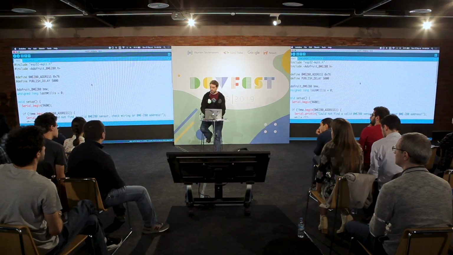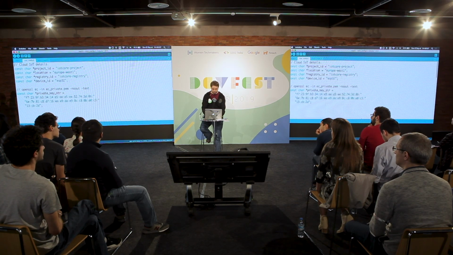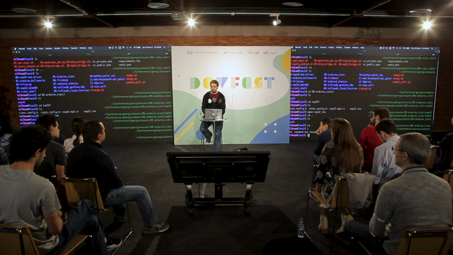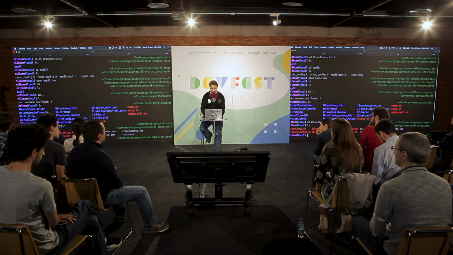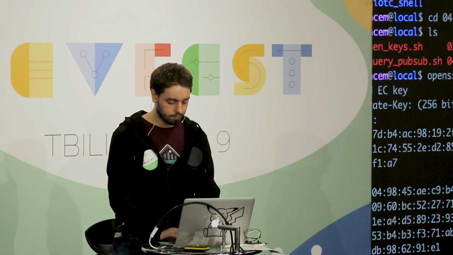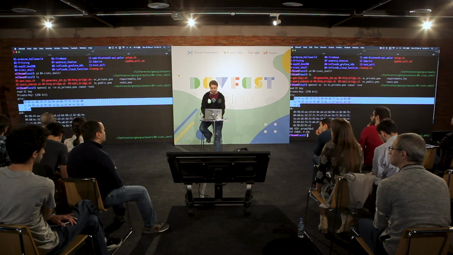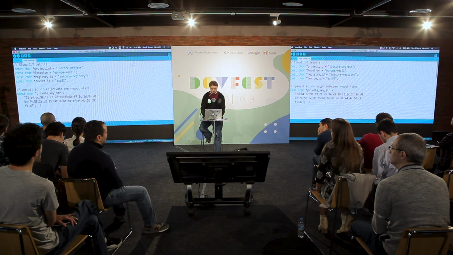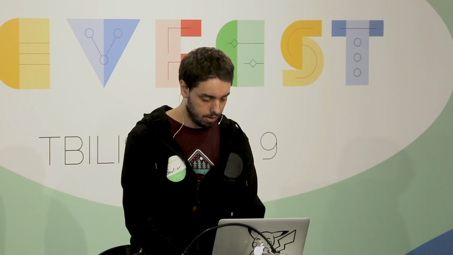Now let's use Arduino to do the same. So to save us some time again, I already wrote the implementation. I will just compile it first, and then I will explain to you in detail what I did. So first, I told you it's secure. So we need to get the private key to generate a JSON Web Token. So we will go back to where our private key was generated here, and we can just specify that private key to our project. So this is our private key. We will just place it here. We will try to compile it, and if it works, we will see the implementation.